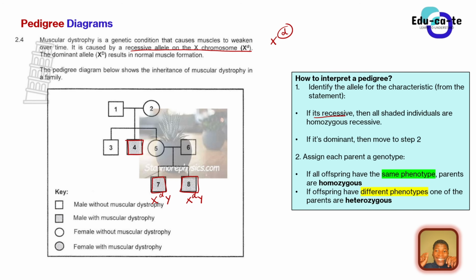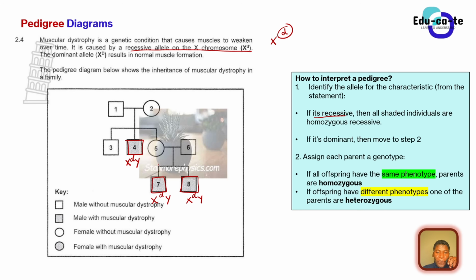But this one is a sex-linked inheritance. And then it means the individual here is a male, it is XY. And then this X has a small letter d on top, because remember that the recessive allele in a sex-linked inheritance always stays on the X chromosome. It doesn't stay on the Y chromosome.